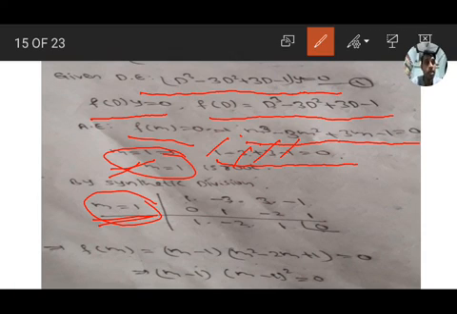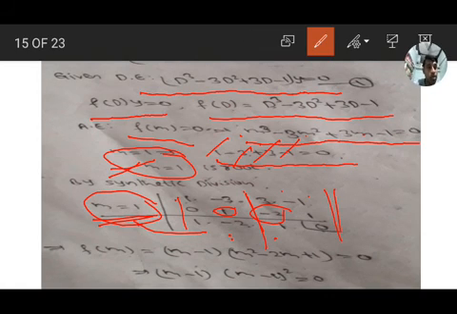And next the coefficients: the m^3 coefficient is 1, m^2 coefficient -3, m coefficient 3, and constant -1. First we take 0, 1 plus 0 is 1, then 1 into 1 is 1. This is addition: -3 plus 1 is -2, -2 into 1 is -2, addition: 3 plus -2 is 1, 1 into 1 is 1, and -1 plus 1 equals 0.